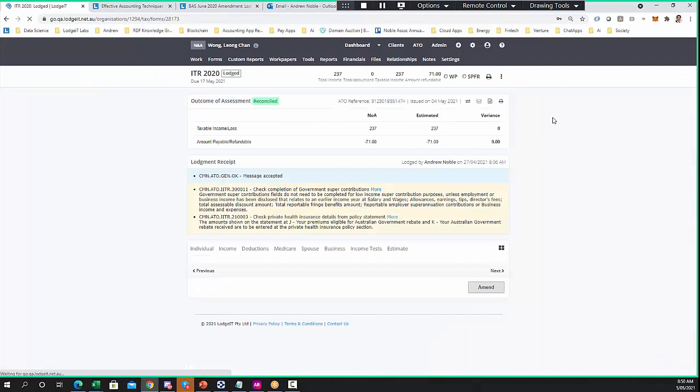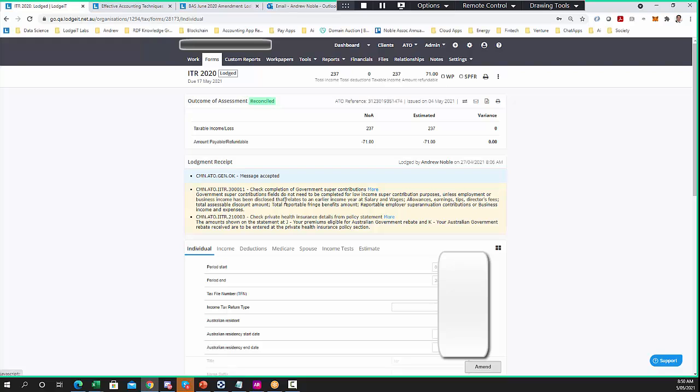So view the notice of. So here we're looking at the reconciliation. Okay, we can see the notice of assessment compared against the estimate. We can see if there's any variance. We can then drill in and see the detail of that comparison. We can send this to the client or view the details. Now, to actually get this so that it sends these assessment notices out to the client,